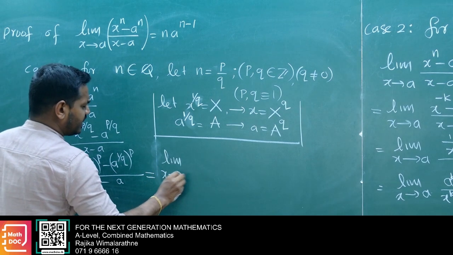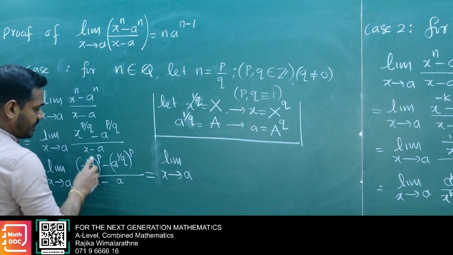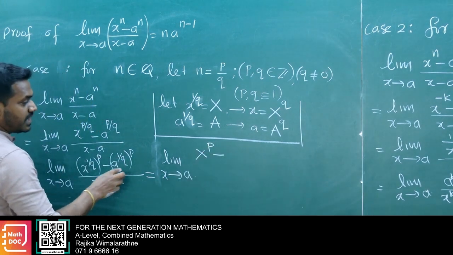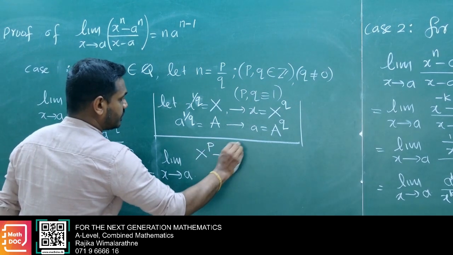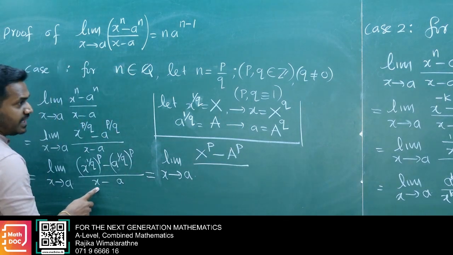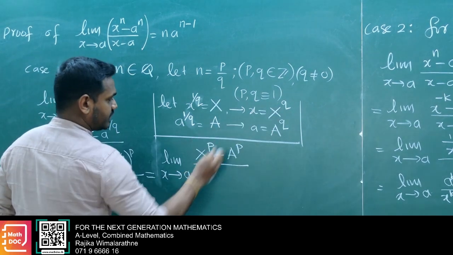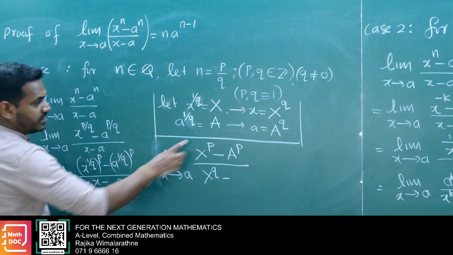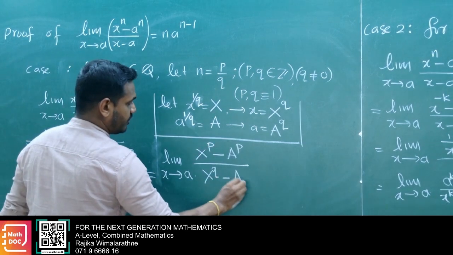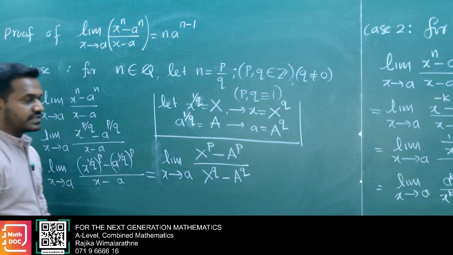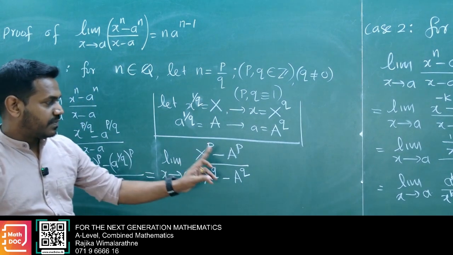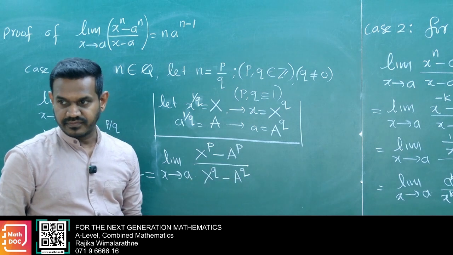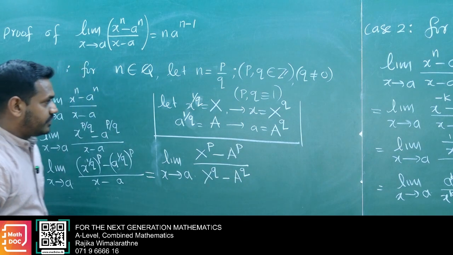Limit simply x goes to simply a, here capital X to the power p, here this is capital A to the power p. Simply x means x to the power q. Simply a means a to the power q. Now that has converted up there. X to the power p minus a to the power p over x to the power q minus a to the power q. Okay. Then further,